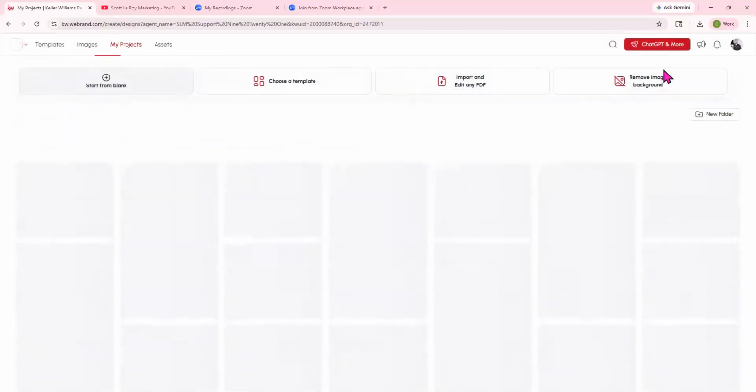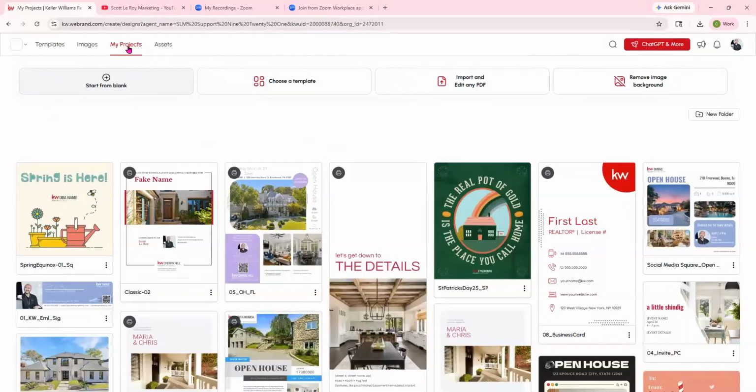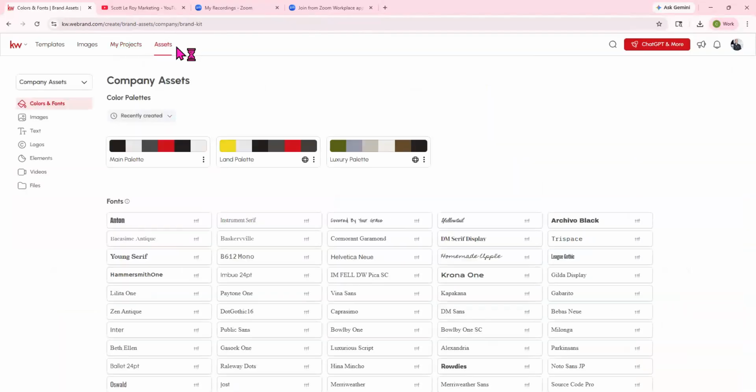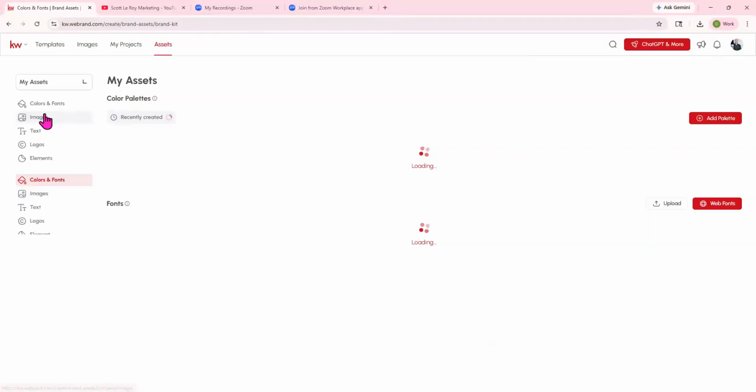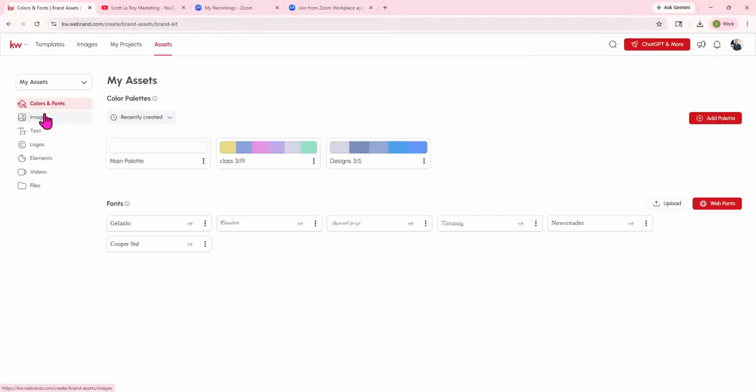And then once that loads, we'll give it a second here. You're going to see that you're brought into projects, okay? You're going to have the option to go to templates, images, which is going to be stock photos. You have my projects, and then you also have assets, okay? When you're in assets, you're going to have the company assets available, but you can also go down to your own. And this allows you to create your own brand assets and to build that brand and consistency for your